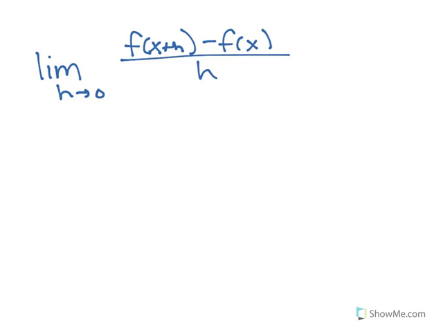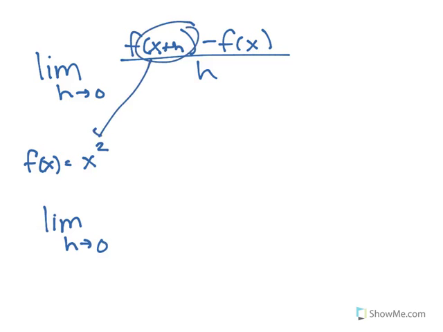So how am I going to test this out? Let's pick a function. Let's take the function f of x equals x squared. So I'm going to find the limit as h approaches 0. I'm going to put this into the function that goes into there of x plus h squared minus x squared over h. If I was to then FOIL that thing out,